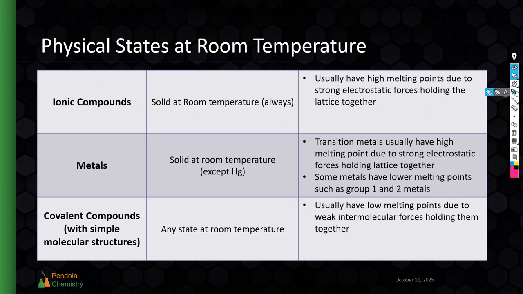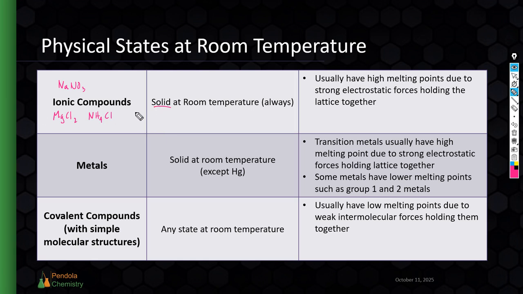For example, ionic compounds such as MgCl2 or ammonium chloride, NH4Cl, or sodium nitrate, NaNO3, any of these ionic compounds is going to be a solid at